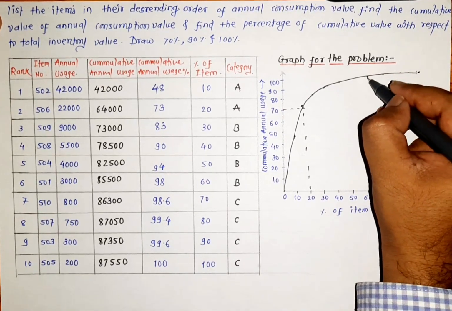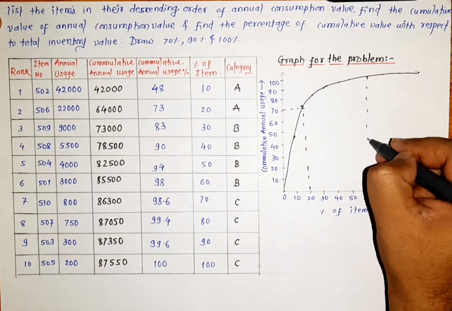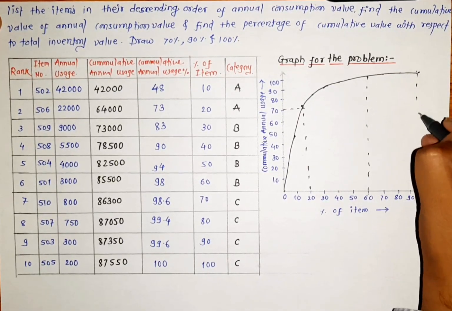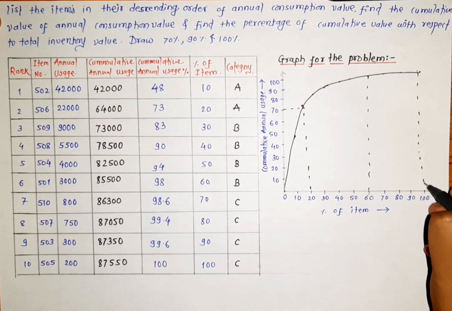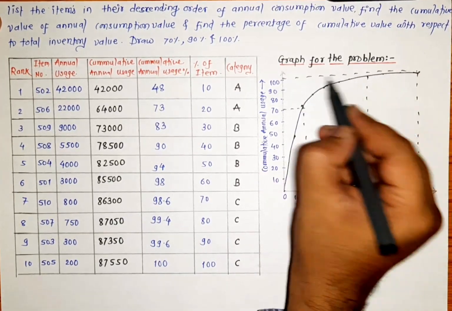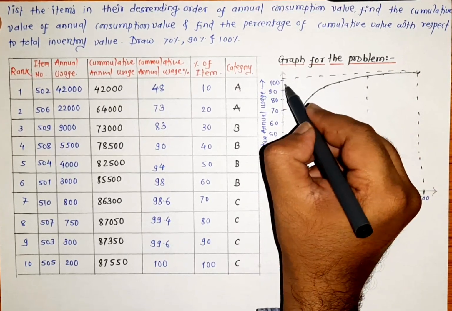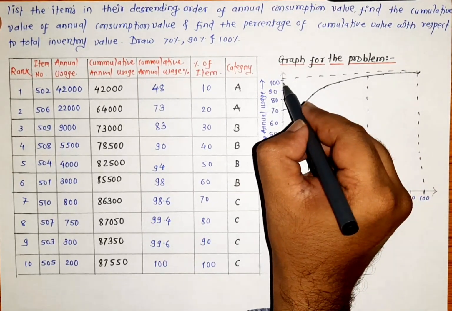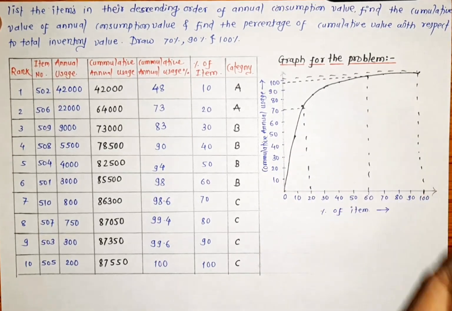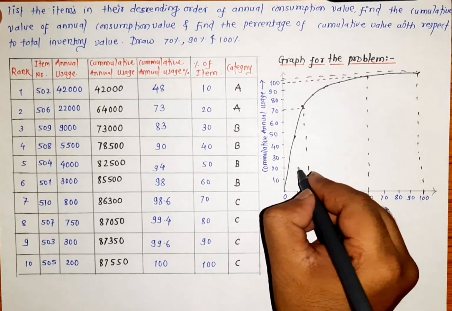So up to 60, just draw, and the last will be up to 100. So whenever we will draw the graph, it will be somewhere here, and for B it is 98, which is closer to the second line. So here this is